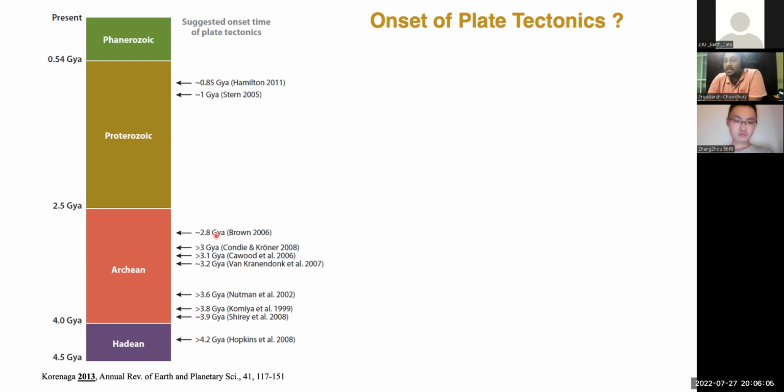But it gives the gist of what I'm going to highlight: you can have plate tectonics at 4.2 Ga. You can have plate tectonics at 0.8 Ga. That covers more than 70% of the Earth's history, which means we haven't done a good job of delineating this time scale. But as more and more research happened, particularly in the last 8 or 10 years,